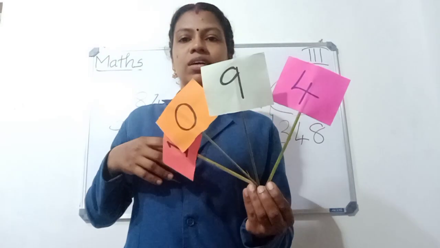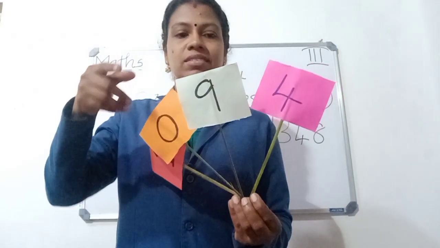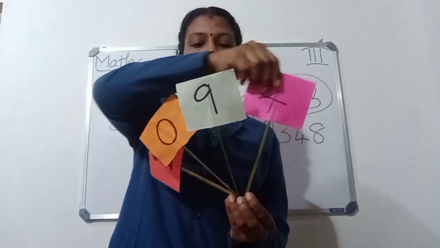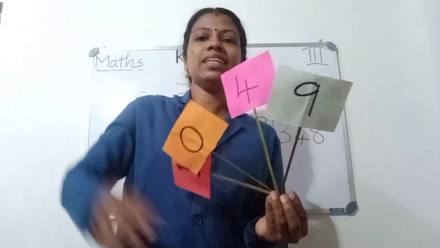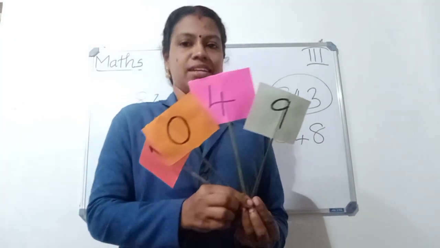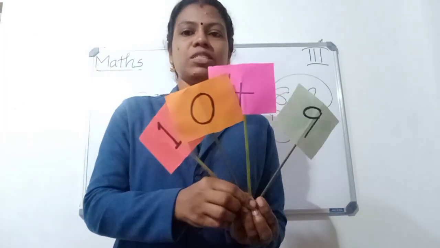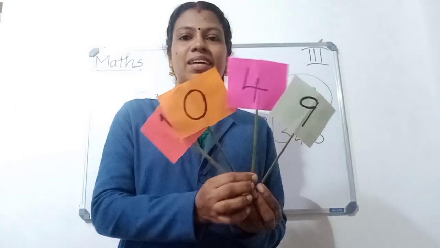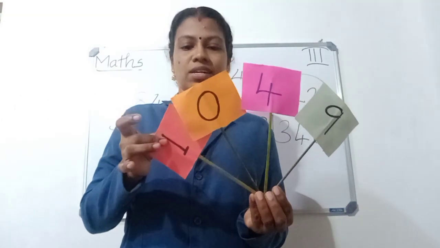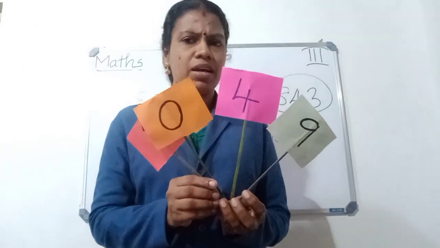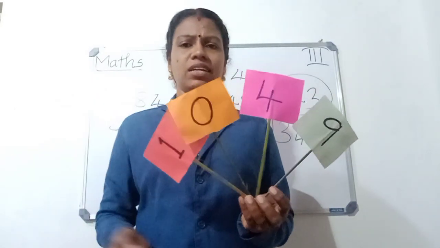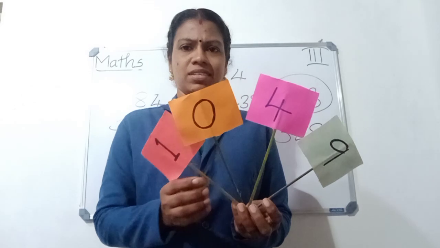9 or 4? Yes, it is 4. So place 4 next. Then last 9. So what's the smallest number? 1, 0, 4, 9. Can you read this number? Yes, already we learned 4-digit numbers. So this is